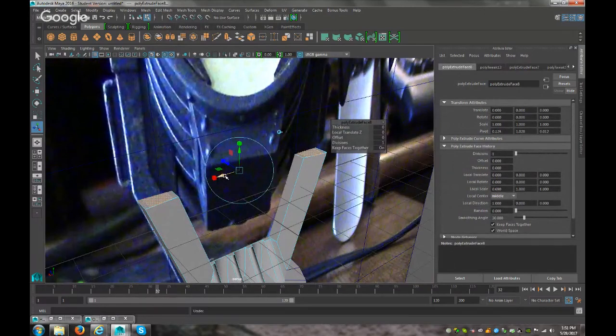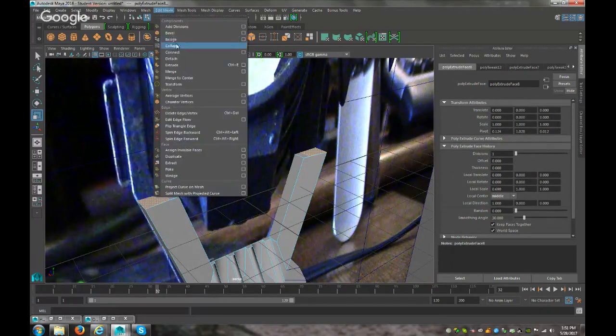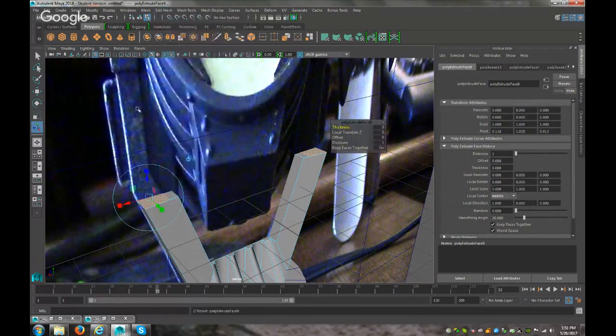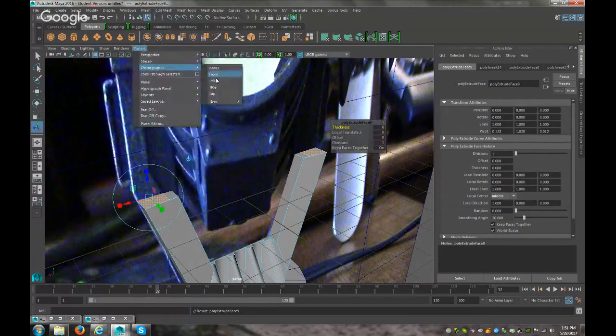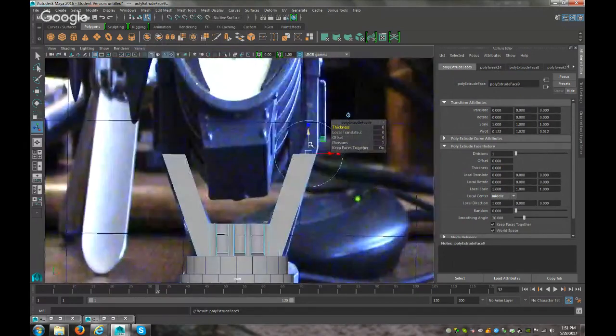That's not going to work. What if we do this? Whoa. That's about right. Cool. Edit mesh. Extrude some more. Back to the front view. Go up. And